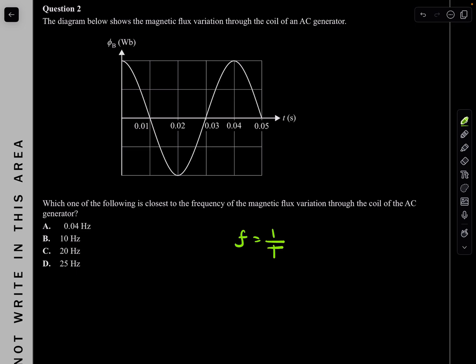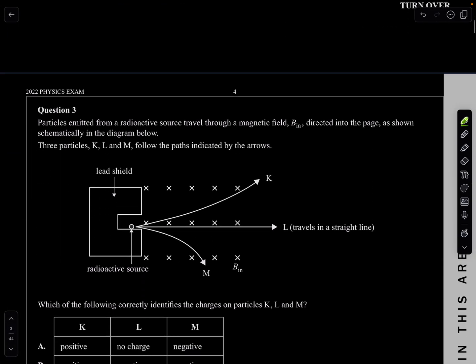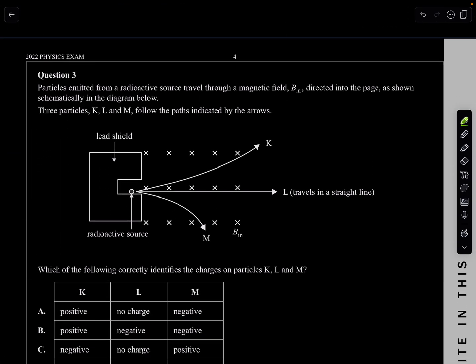Well, what is the period? For example, just pick a full cycle. So for example, here, or a full cycle here. So that's 0 to 0.04. That is one period. So it's 0.04, just one full cycle, and that's going to give you a frequency. Easy. And that gives me 25 hertz. Easy answer. Question 3. Particles emitted from a radioactive source travel through a magnetic field B, directed into the page